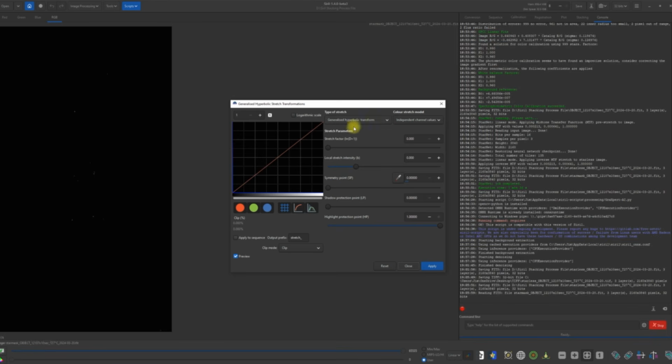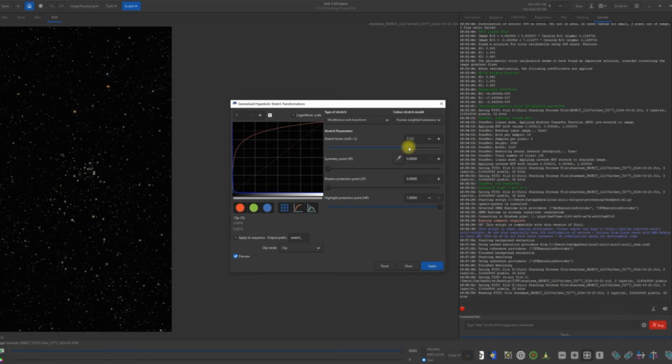Now for the stars type of stretch, we want to choose modified arcsine transform. For the color stretch model, again, I want to use human weighted luminance, and stars are easy to stretch. I just take them usually out to about 7 or a little more. I hit apply,